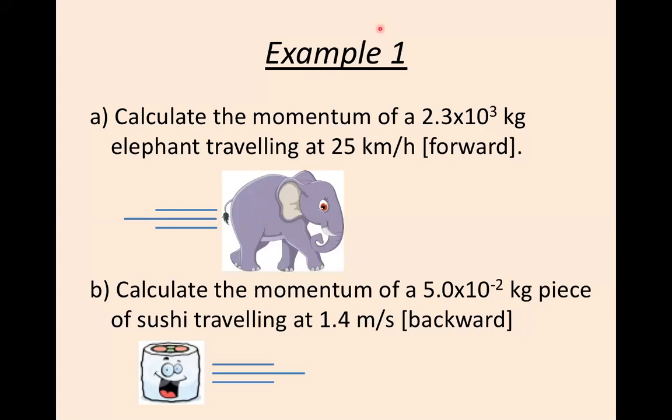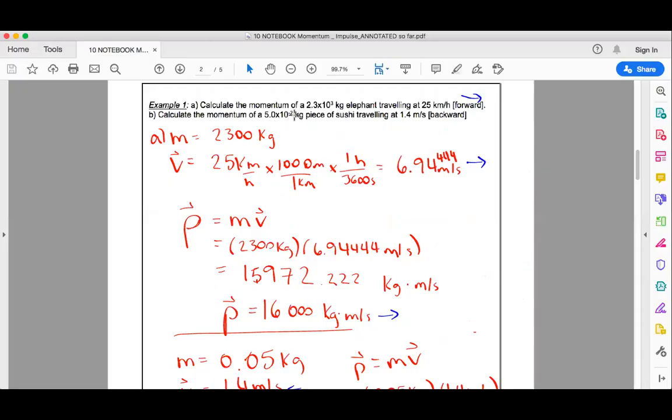So let's try an example. Calculate the momentum of this elephant and the momentum of this flying piece of sushi. Out of the givens, we have the mass of the elephant, 2,300 kilograms, and it's traveling at 25 kilometers per hour. Right away, you should be in the habit of changing your kilometers per hour into SI units. So we're going to show our unit analysis and not round that number early. Then we're trying to calculate the momentum,